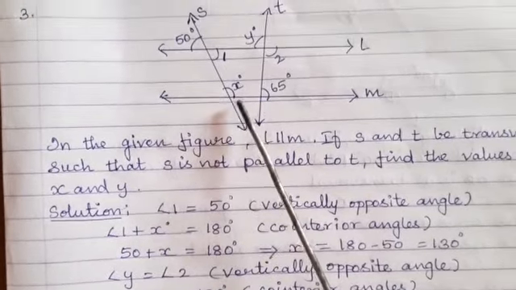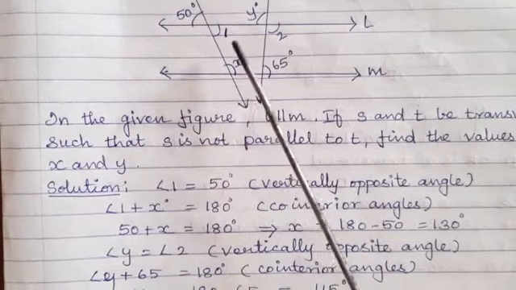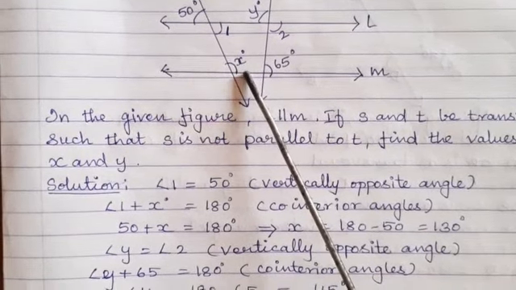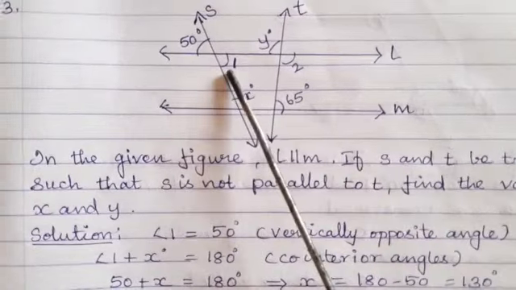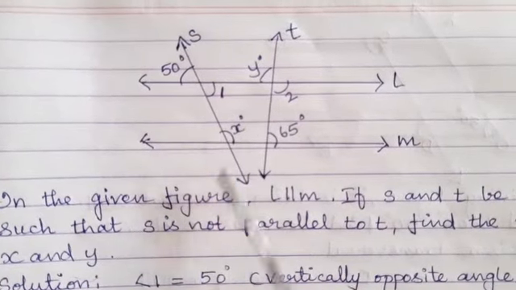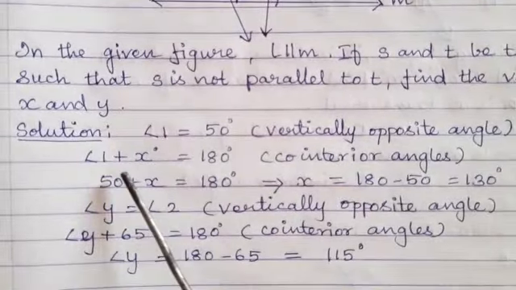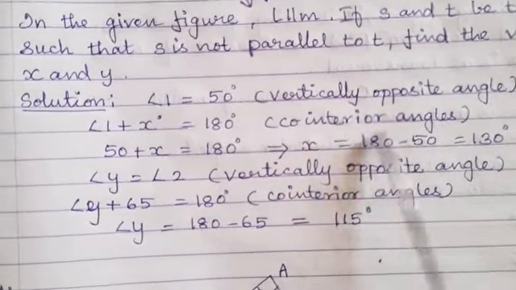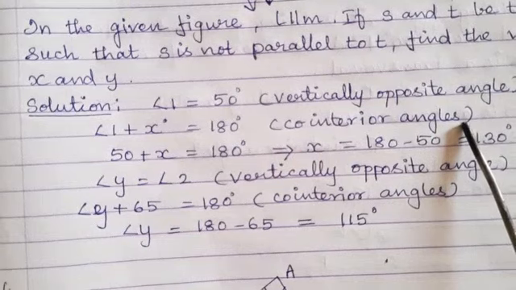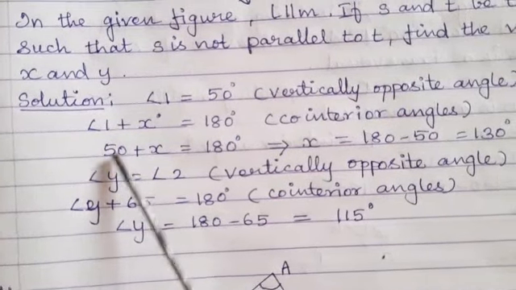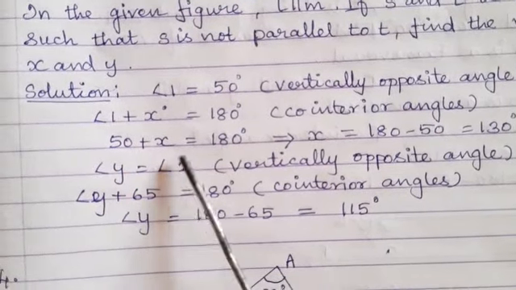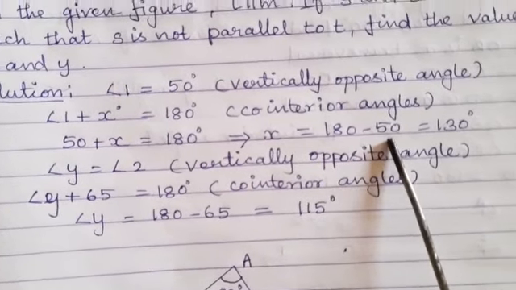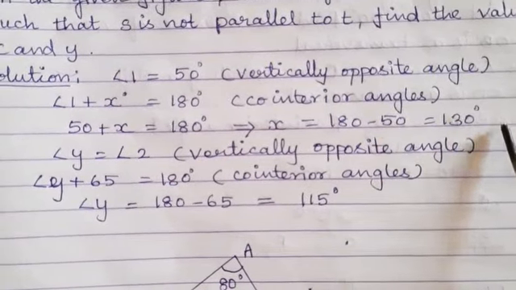And after that, now we have to find out angle X. These angle 1 and angle X are the co-interior angles. You know that these two sum, angle 1 plus angle X, equals 180 degrees. See here, angle 1 plus angle X equals 180 degrees, co-interior angles. The reason is very important, you have to write it in the bracket. Then you solve it: angle 1 equals 50 degrees, 50 plus X is equal to 180 degrees, then X is equal to 180 minus 50, which is equal to 130 degrees.